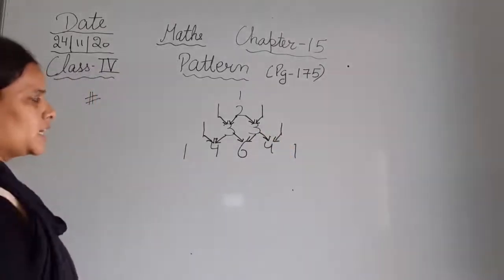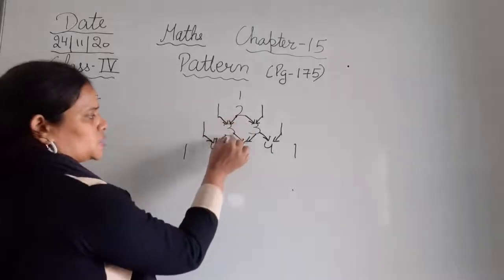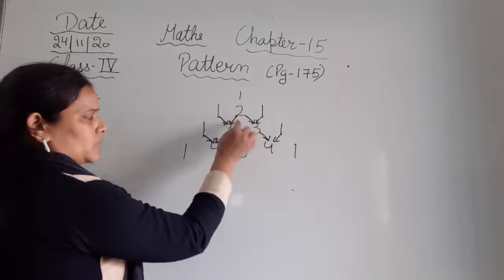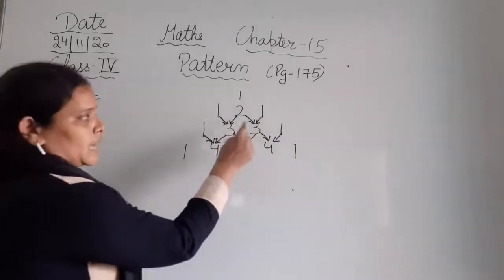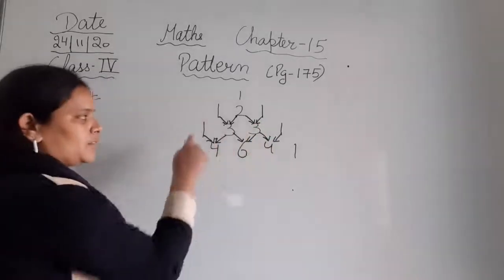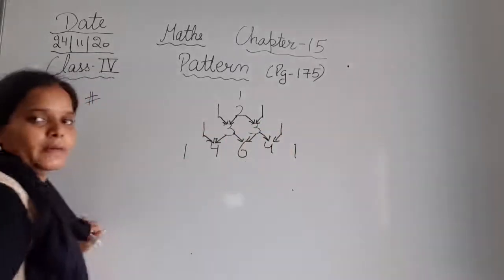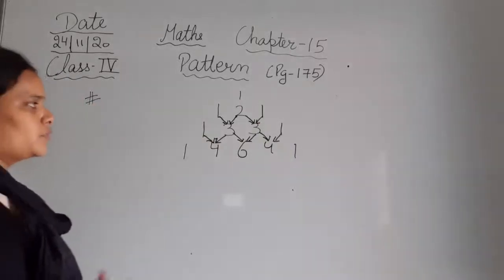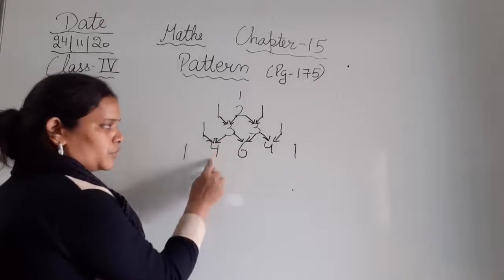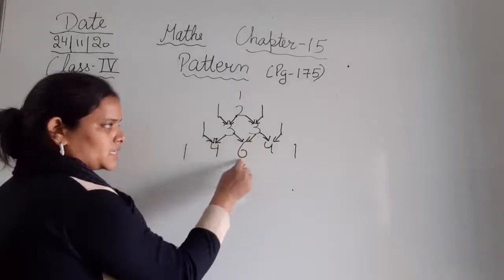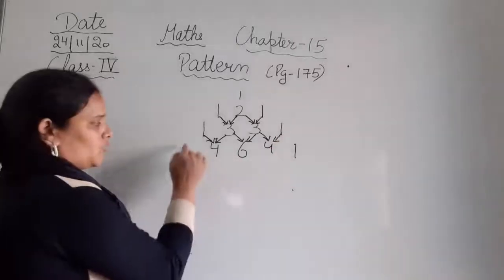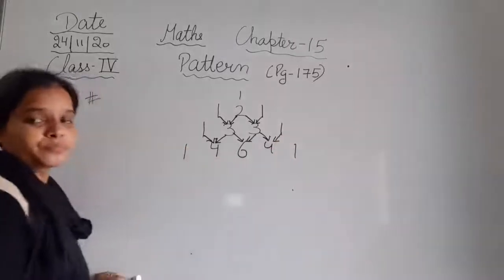So that means what are they doing? In this pattern they are adding two numbers and their sum is written here. Adding these two, the sum is written here: 1 plus 2 is 3, that is written here. After that 2 plus 1 is 3, that is also written here. After that they have just written 1 here and 1 here. Again in the fourth step, they have added 1 and 3. So 1 plus 3 is 4, 3 plus 3 is 6, 3 plus 1 is 4. Okay, so these three have come. Now 1 is here, another 1 is here.